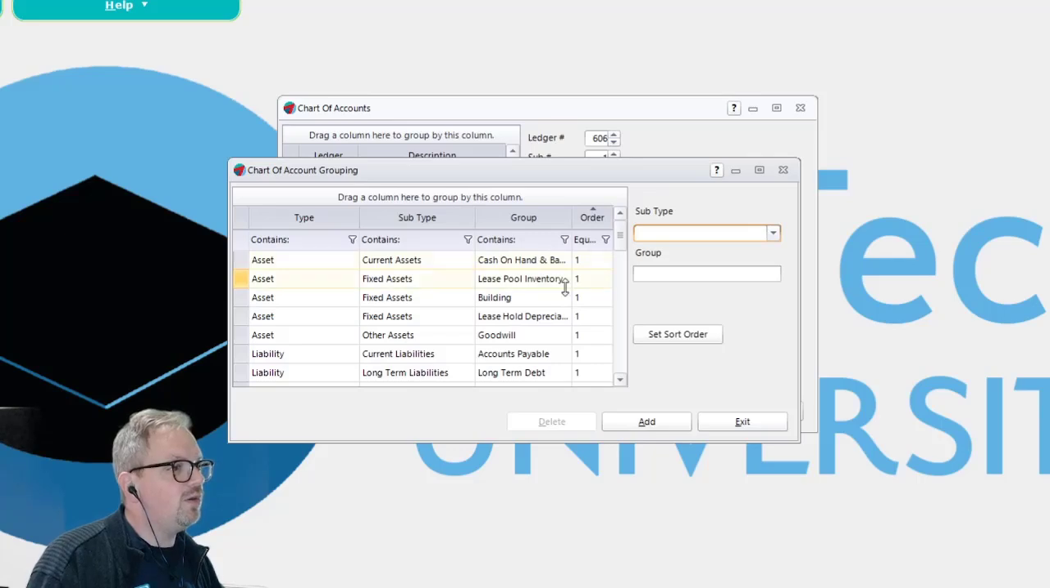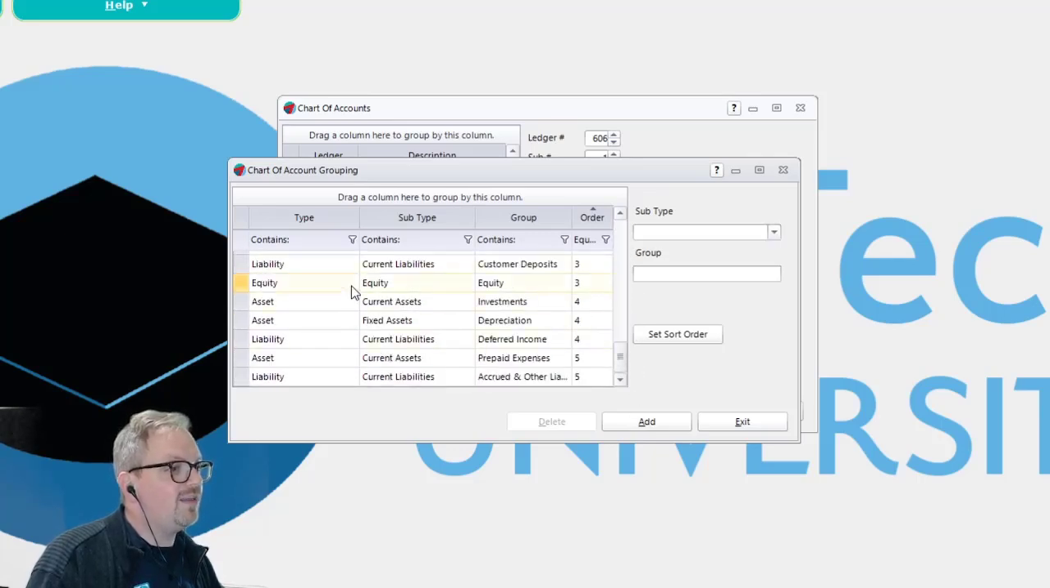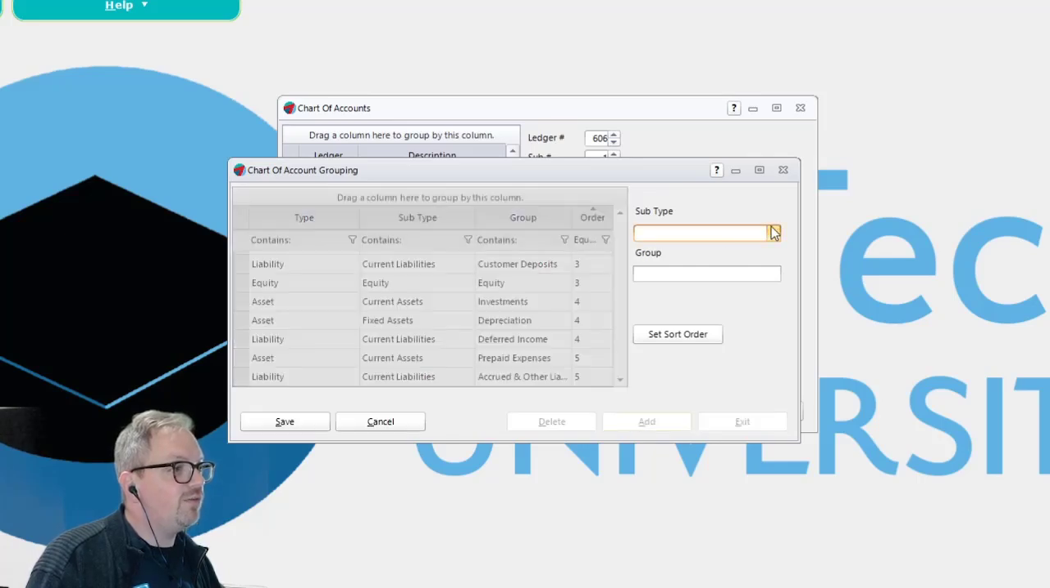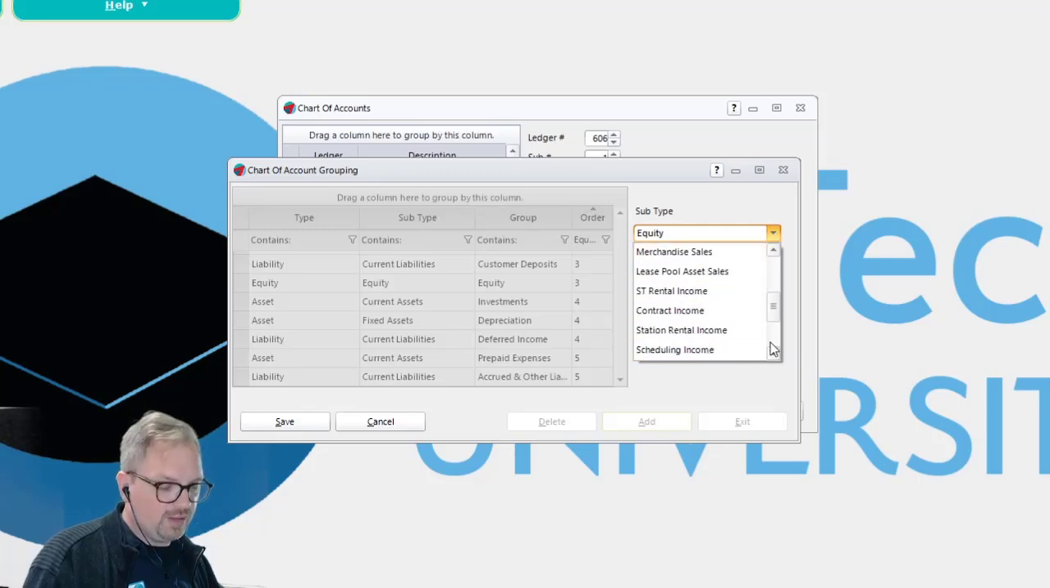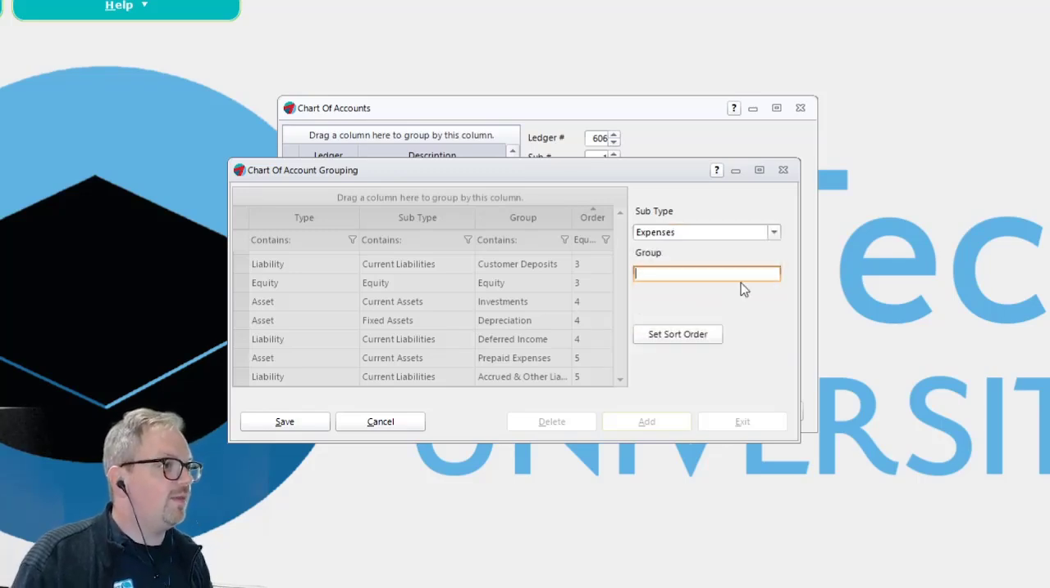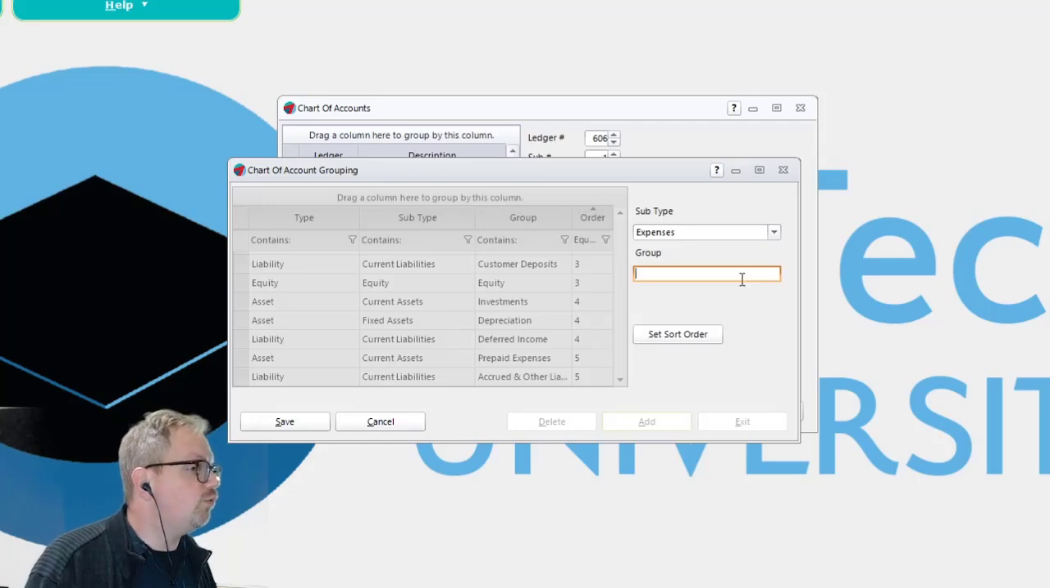And in here, you can come in and let's say you wanted to add another expense type. You could click the add button here. For the subtype, you could call it expenses. And then whatever you want it to be called for a grouping. And then by associating it with that subtype of expenses, which it already knows is the expenses type, again, if